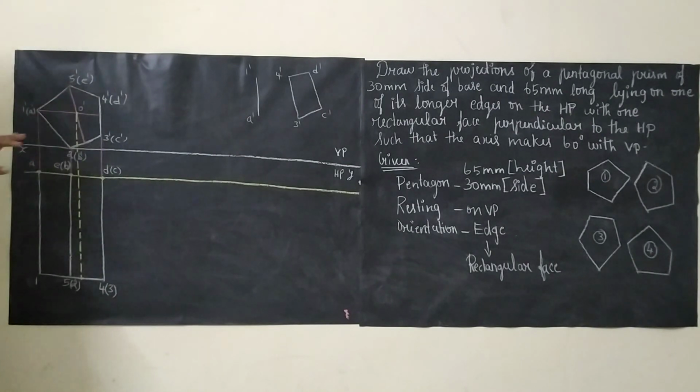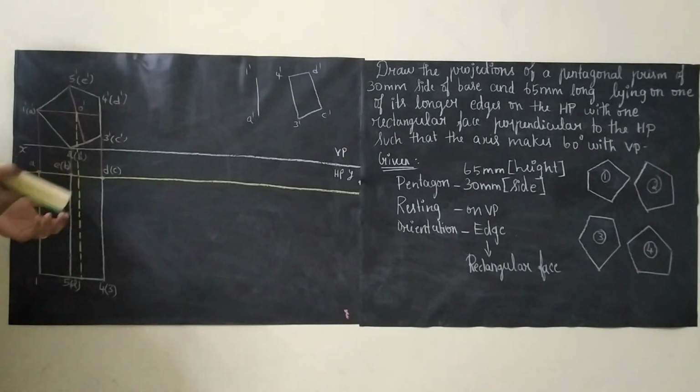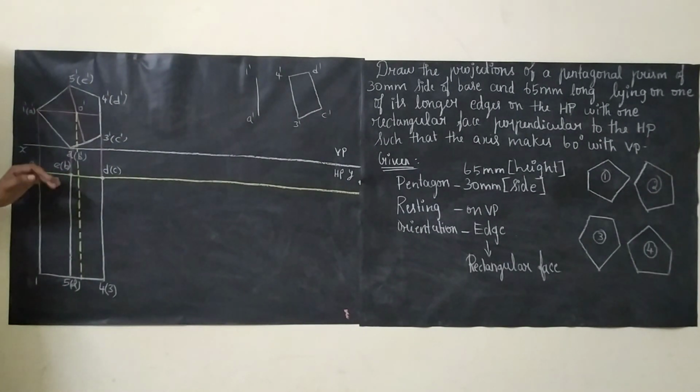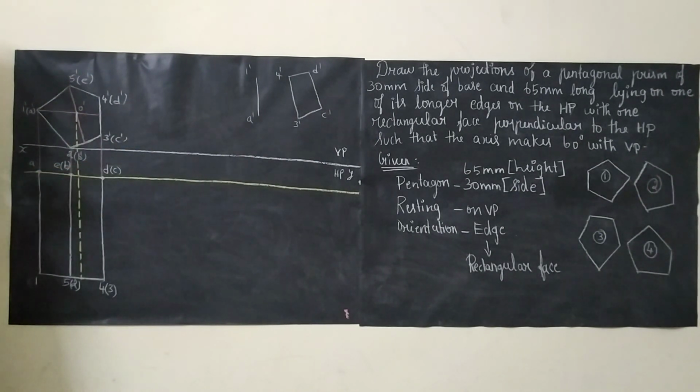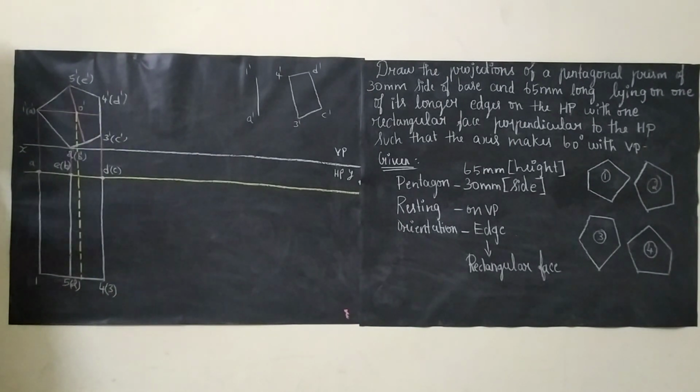Now we have drawn the front view. Now we are going to draw the top view. When you see the pentagonal prism from the top, we can see the rectangular face. That's what we are going to draw. As we know, the top face will be alphabets A, B, C, D, and the bottom face will be numerals 1. So you have to leave a distance of 2 to 3 centimeters. This is the reference line, so leave a minimum of 2 to 3 centimeters so that the diagram will look good. Then draw another reference line. This is the first reference line, and this one is called the second reference line.